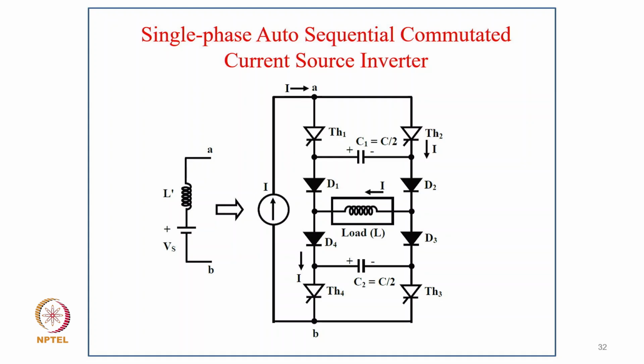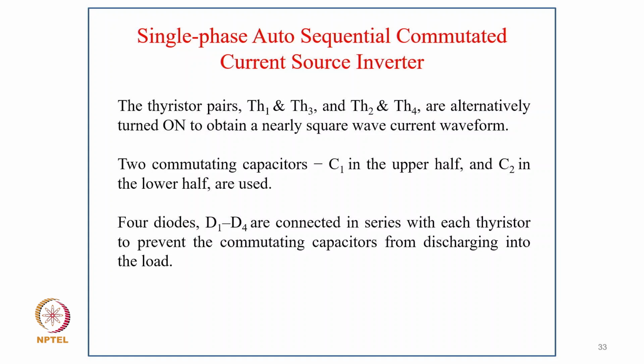So you can say TH1, when fired, commutates TH2. Like that the concept goes. The thyristor pairs TH1 and TH3, and TH2 and TH4 are alternately turned on to obtain a nearly square wave current waveform, and two commutating capacitors, C1 in the upper half and C2 in the lower half, are used. So 4 diodes D1 to D4 are connected in series with each thyristor